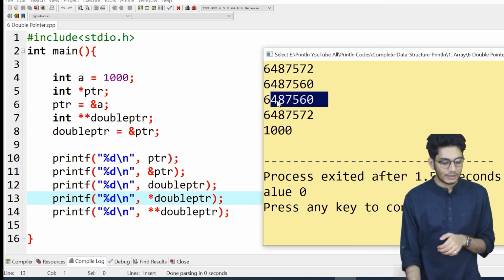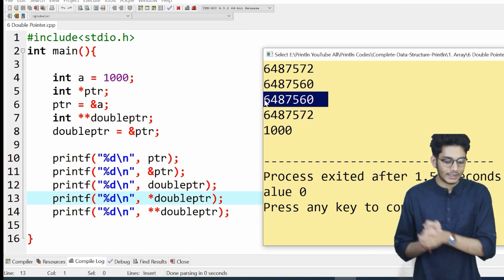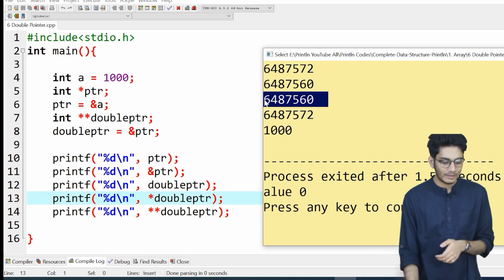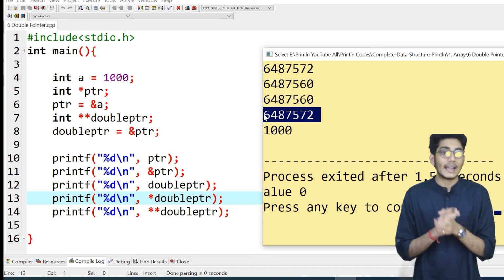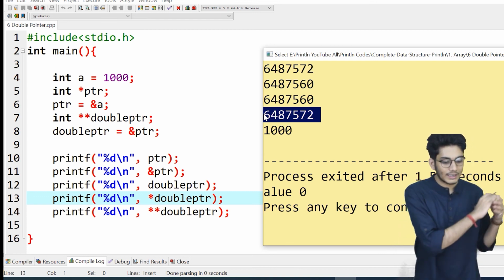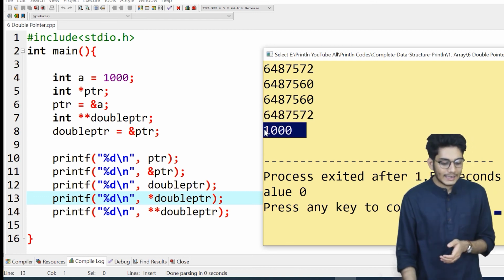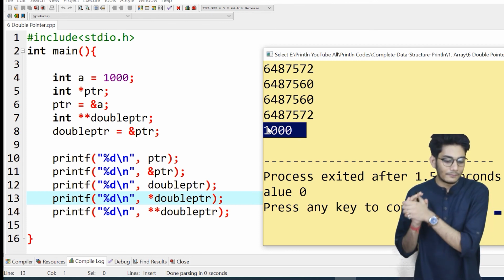In the 12th line we are printing the value of double ptr, which is the address of ptr. And in the 13th line we are going one step behind and printing the value of ptr, which is the address of A. And in the 14th line we are printing the value of A,